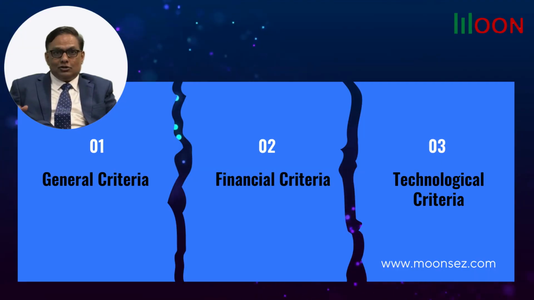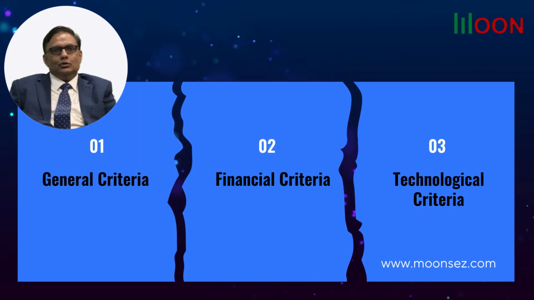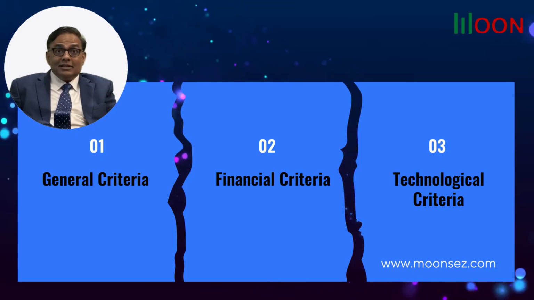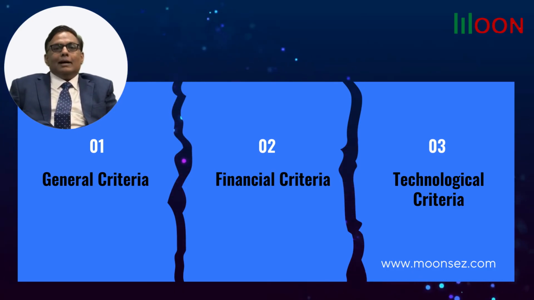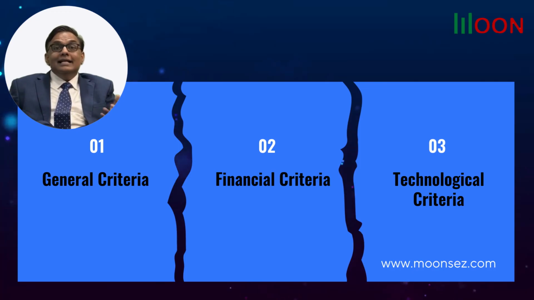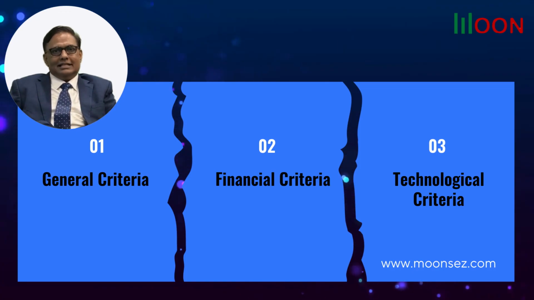Eligibility criteria for authorization. Let's understand who can apply and what conditions they must meet. 1. General criteria. An applicant must be a company incorporated in India, ensure foreign shareholding, if any, complies with FEMA laws, have experience. The company, or at least 2 key managerial personnel, must have 3+ years of experience in financial market trading infrastructure. 2. Financial criteria. The entity must maintain a minimum net worth of 5 crore rupees at all times.